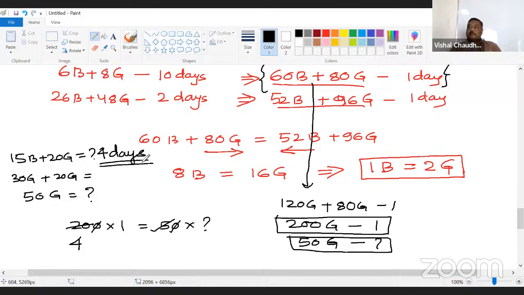Is it clear, guys? Is it clear? Everyone, please chat box में मुझे मैसेज दीजिए।